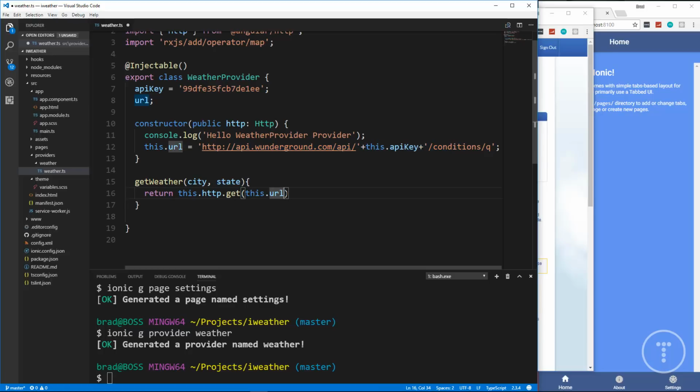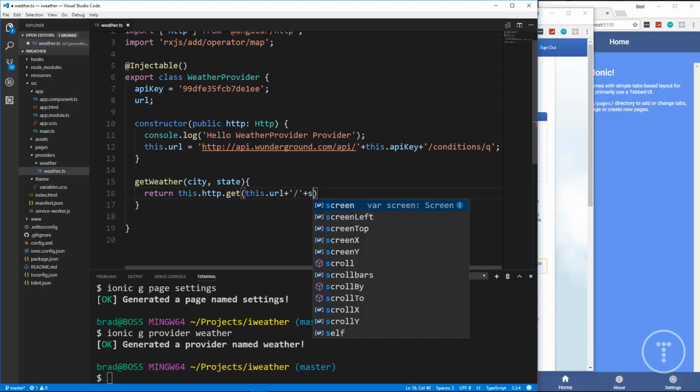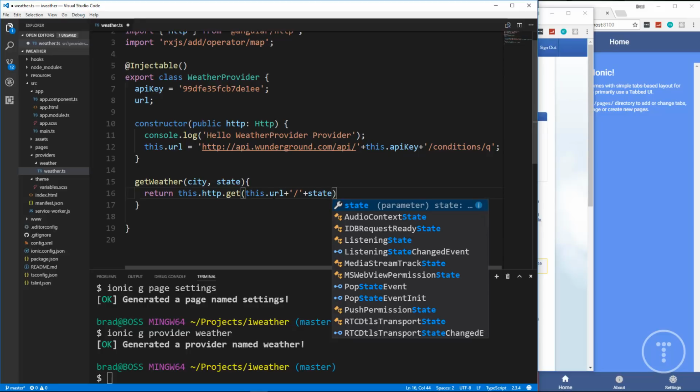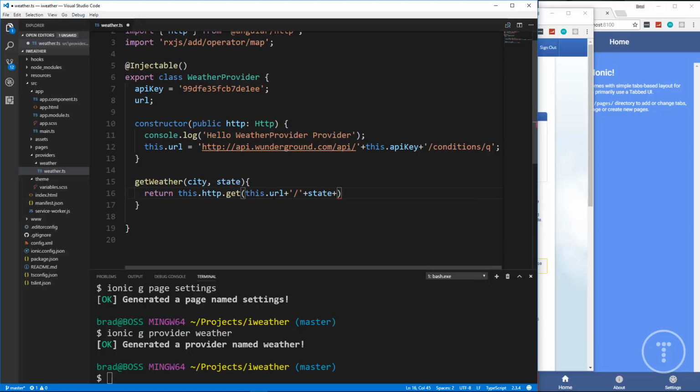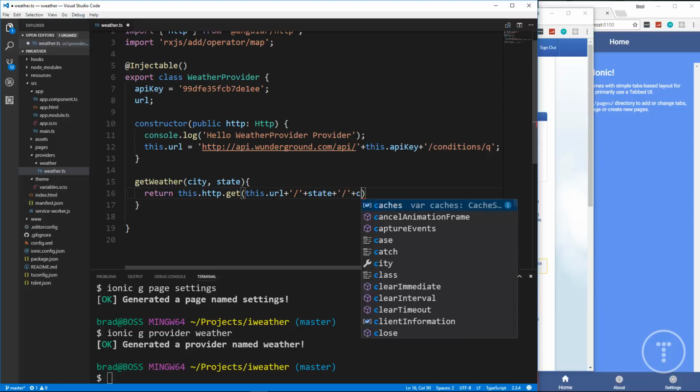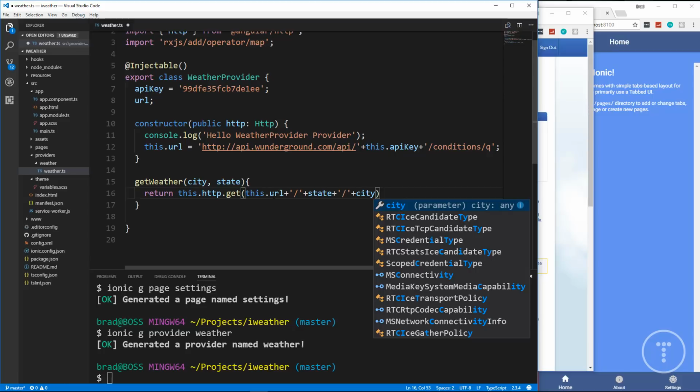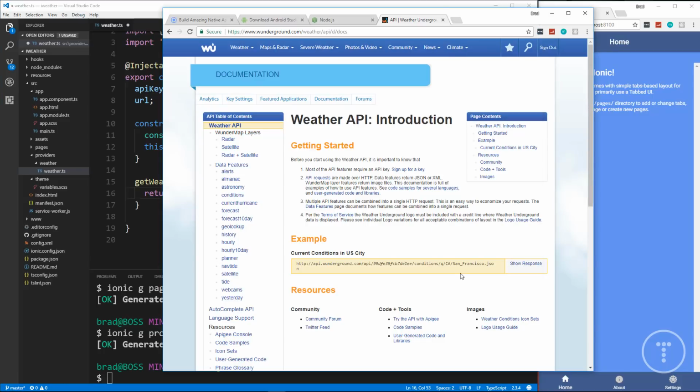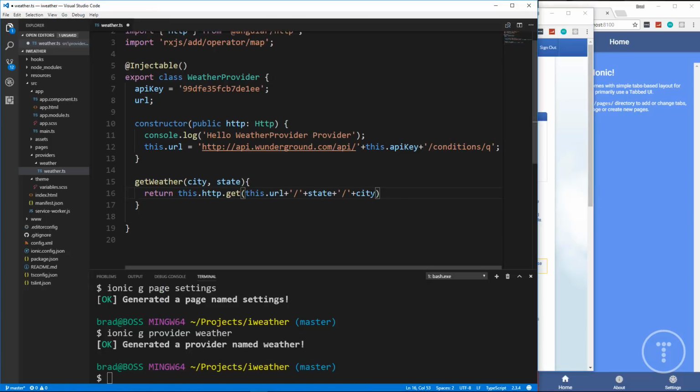So after where this ends, we're going to say plus to concatenate a slash, and then we're going to concatenate state, which is going to come in from the parameters, and then we want another slash, and then concatenate city. Okay, now if we look at the endpoint, it's actually the city.json, so we have to include that .json. So again, we're going to concatenate